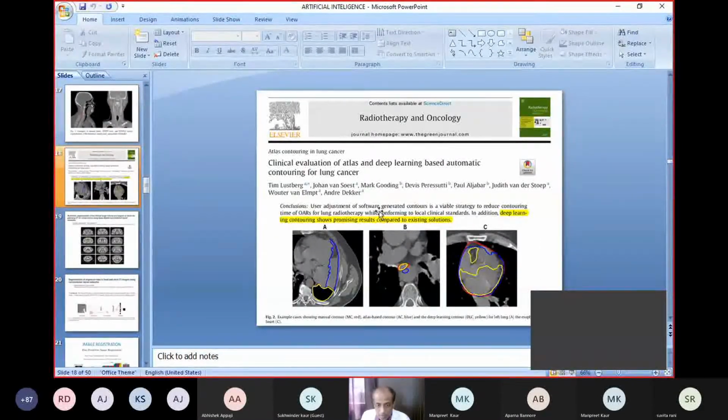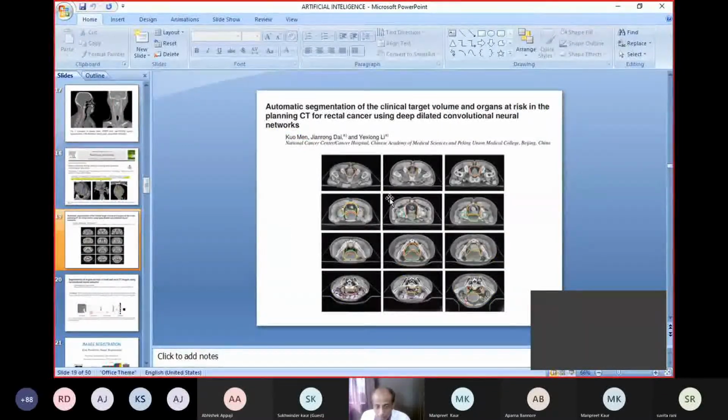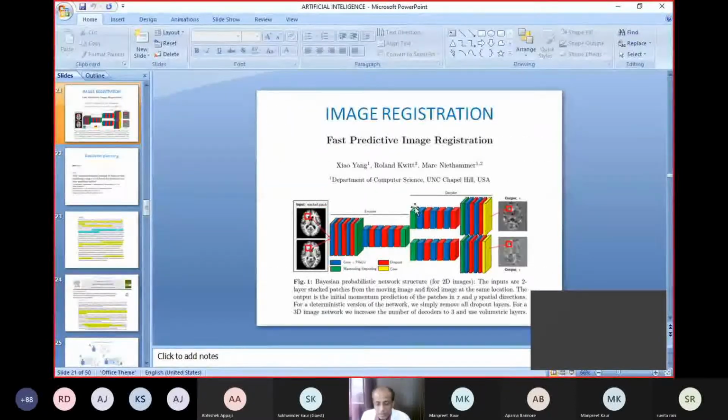This is another form of evaluation, drawing the areas. This is a lung tumor. The lung has been drawn by a computerized system and by the manual system. You can see the yellow line perfectly matches the red line compared to the blue line. So the yellow line outperforms the blue one. Both of these are computer based, and the red one was human based. The same holds for pelvis tumors also. This is for the segmentation of the target. Then there is something called image registration. What is image registration?